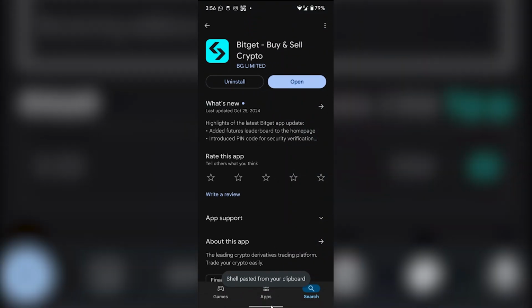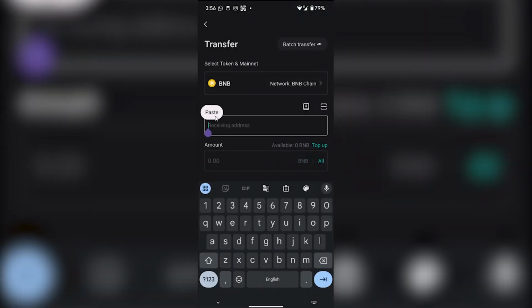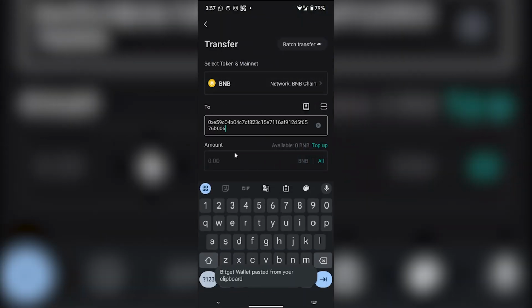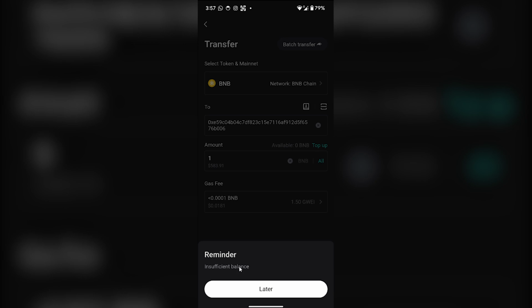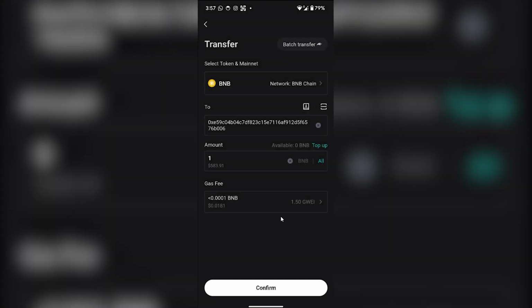Now I will go back to Bitget wallet. Now you have to paste your Bitget address. From here you have to enter the amount that you want to transfer, and after that all you have to do is click on confirm. You have to make sure that you have sufficient balance to transfer. So once all of these steps are done carefully and correctly, then you have successfully transferred crypto from Bitget wallet